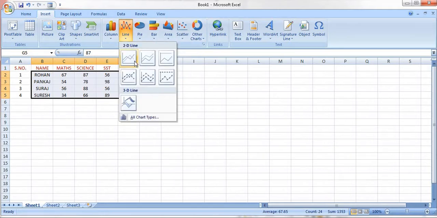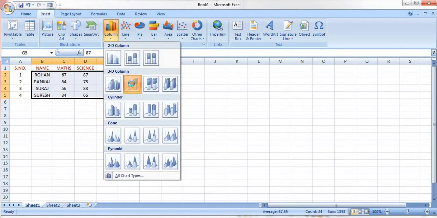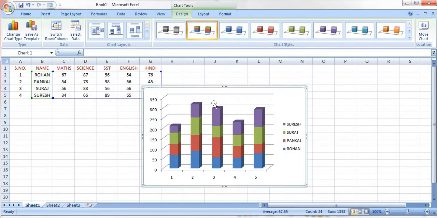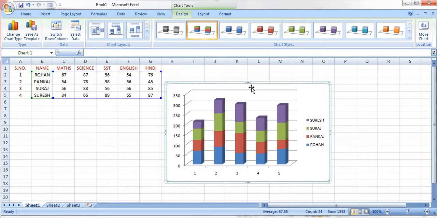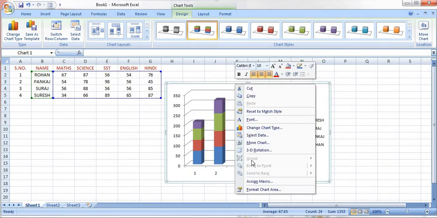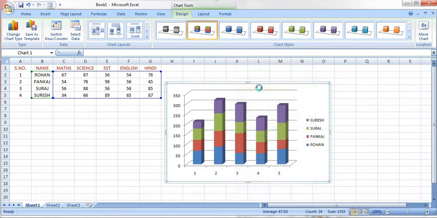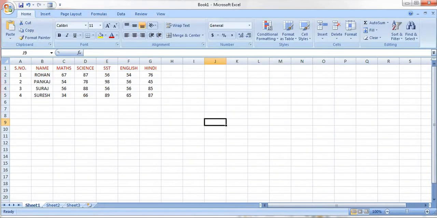In the next class you will see what the value of this chart is, right? Like this, when I click on this, the chart will be formed. On the basis of this graphical chart, you can easily analyze the values, right? About the comparison of the different marks of different students and all, you can do from here. Understood? Now, next.